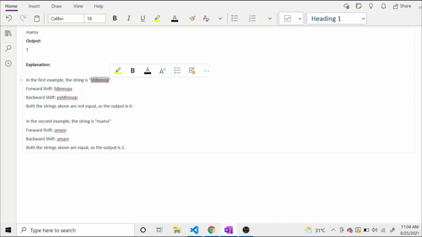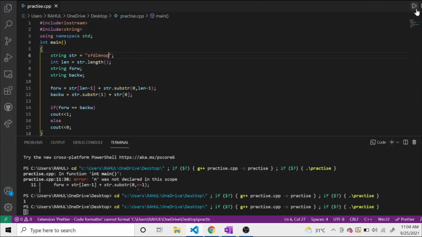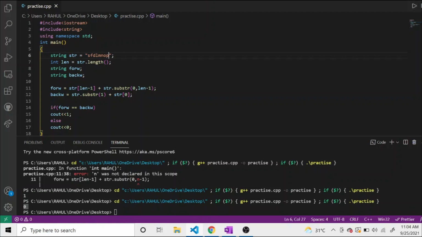For this our output should come as 0. You can see that we have got the answer as 0, which means that after performing the forward shift and backward shift, both the strings are different. So this was all about this question. Thank you.